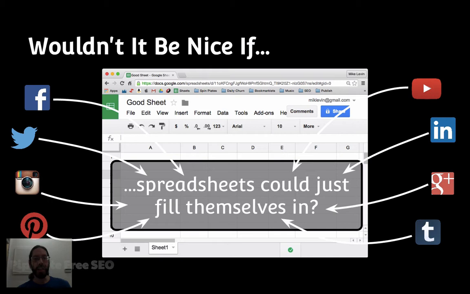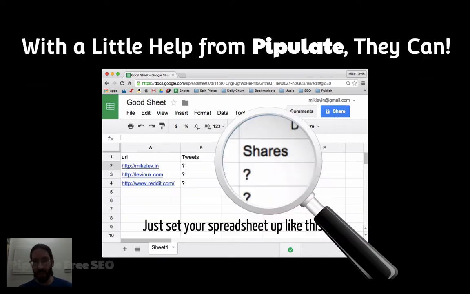And wouldn't it be nice if that spreadsheet that you're pasting these things into anyway could just fill itself in? It's kind of like the dream, isn't it? Well, with a little help from Pipulate, it can. You just set up your spreadsheet like this, where you put the list of URLs you want to look up, and then the things you want to check about them, and question marks in the cells that you want